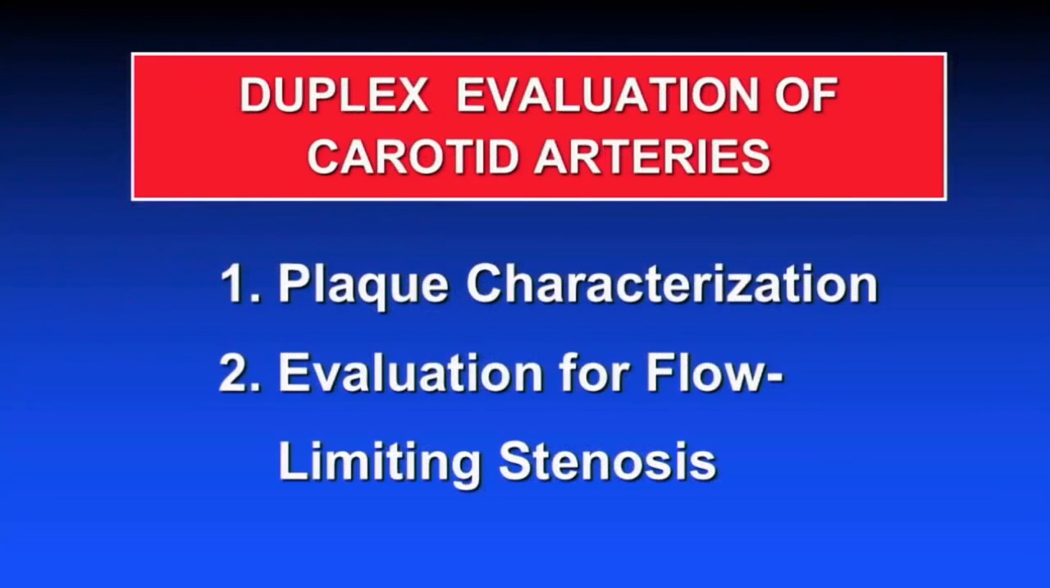What we're going to be talking about in this session is the two different components of the ultrasound examination of the carotid vessels, which is first plaque characterization and then flow-limiting stenosis. Now, as many of you know, there are really two independent risk factors which cause stroke. One, of course, is flow-limiting stenosis, and the other, which is underappreciated, represents the determination of who's at risk for